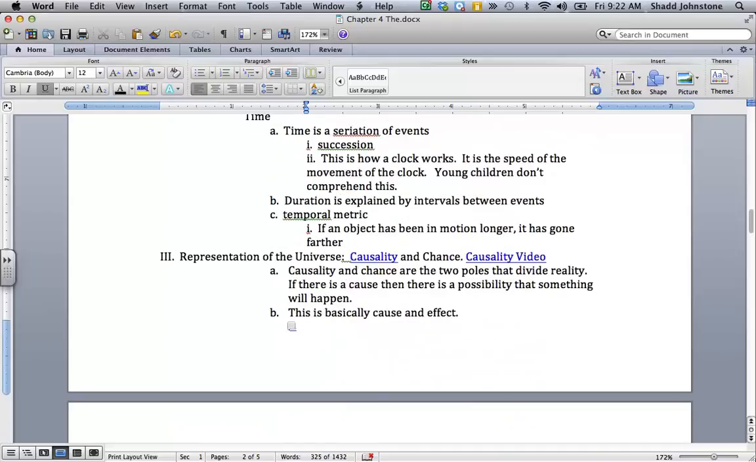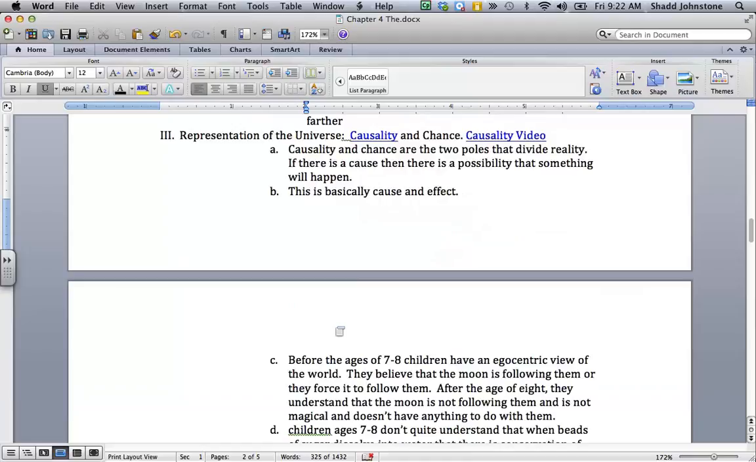Then we got to the representation of the universe. I had to look up causality. That really helped me understand this, and watching the causality video. There's a link to that. Then,